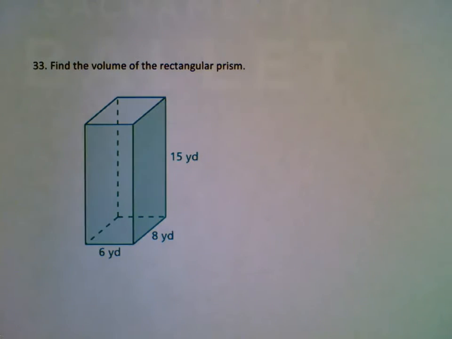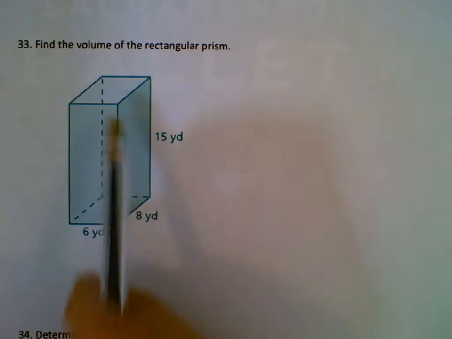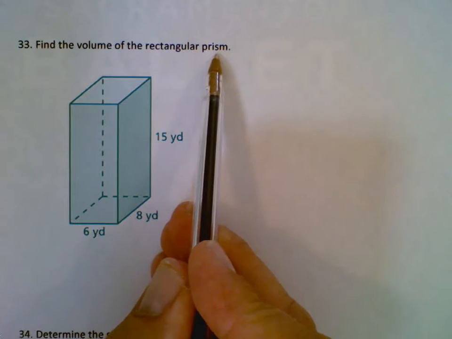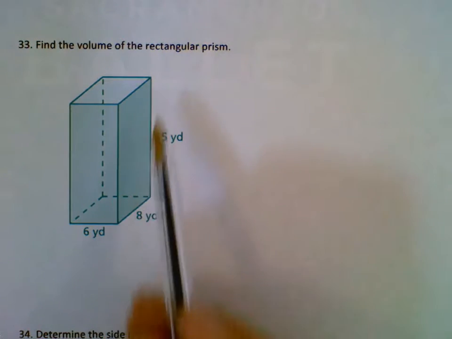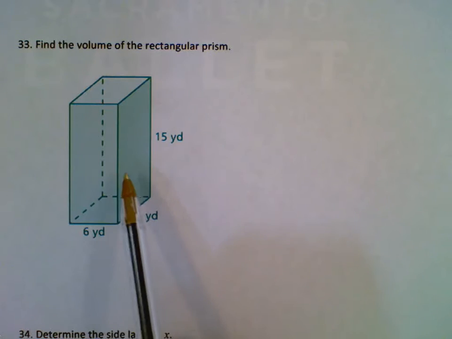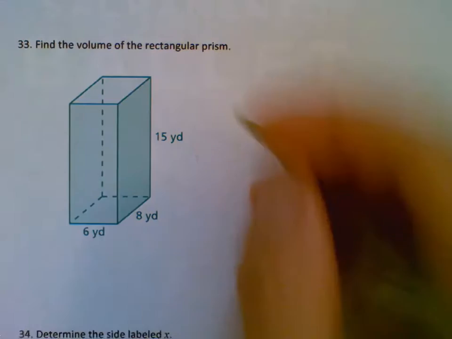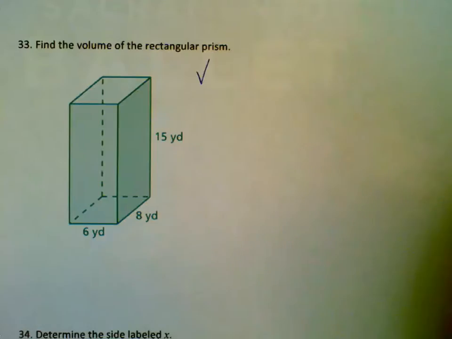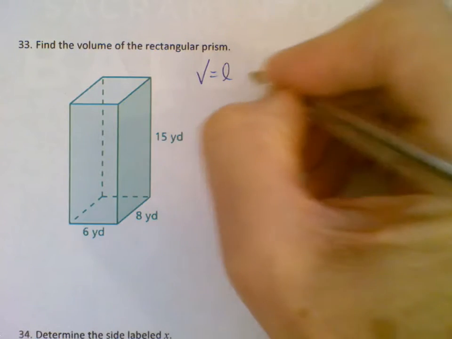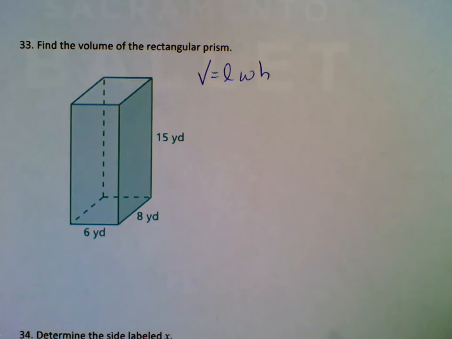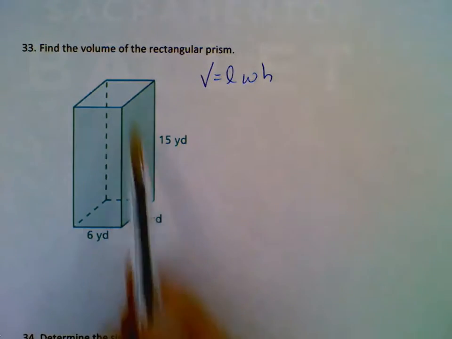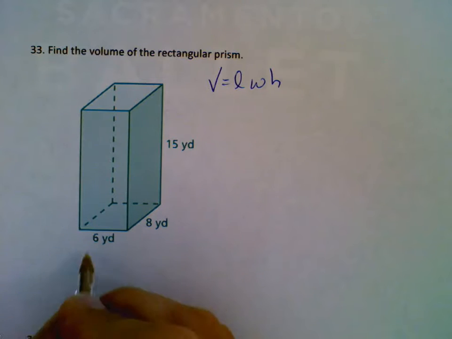Okay, here's the last page of the study guide. Find the volume of the rectangular prism, which is, remember, essentially a box. The volume of a rectangular prism is simply the length times the width times the height. It doesn't really matter what we're calling the length, width, and height, so long as we get the dimensions in